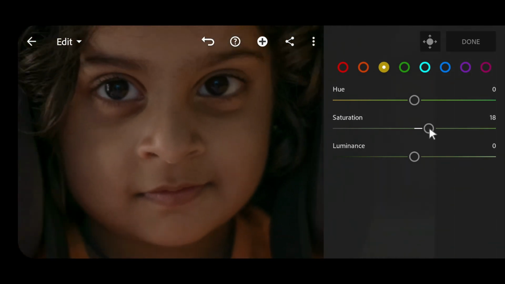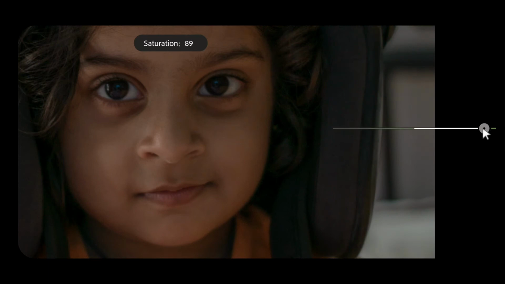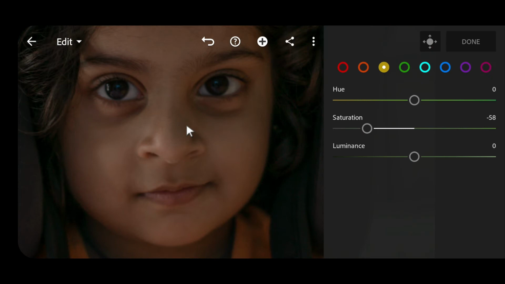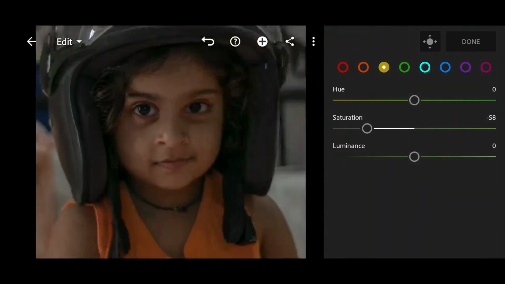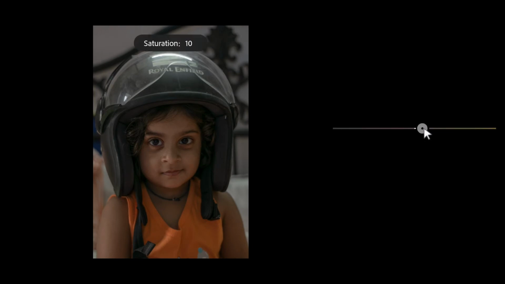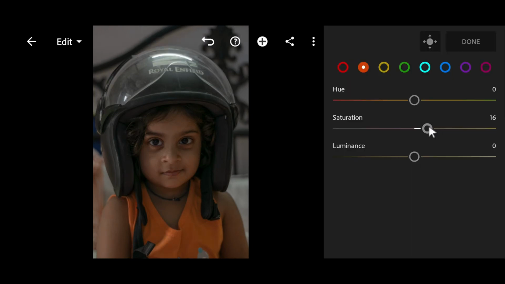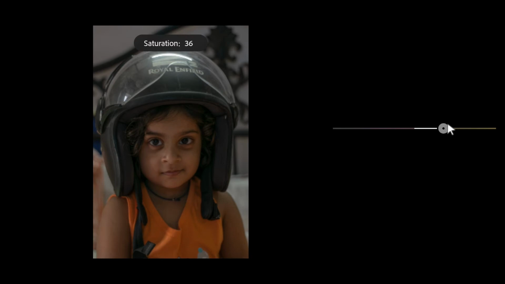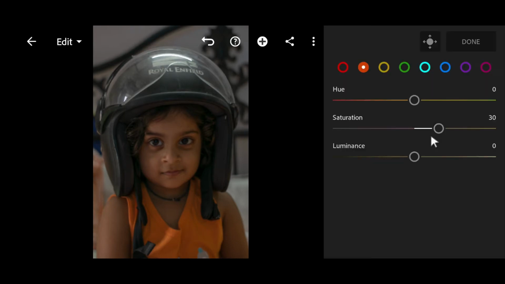There's a slight difference observed when I just reduce the yellows. I think this looks perfect. Now the orange one, I'm going to increase orange a little bit, not too much, little bit. I think 30 will be great.